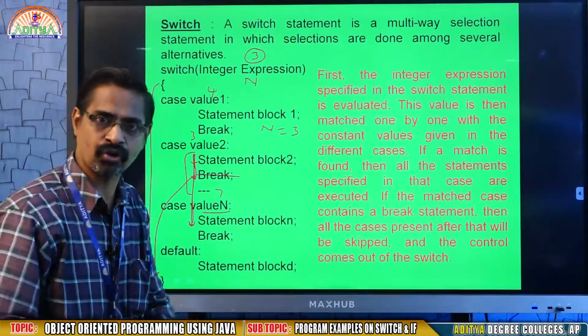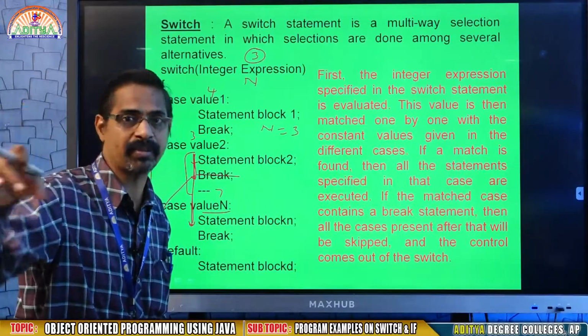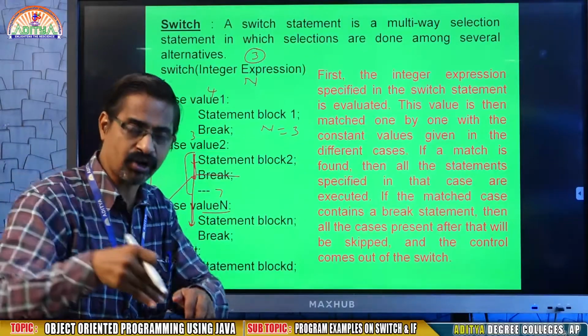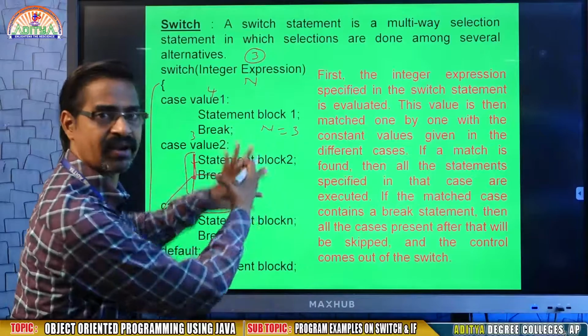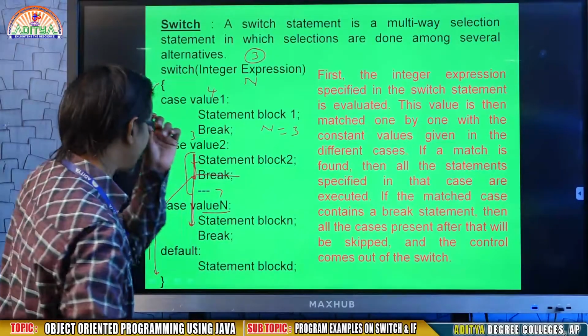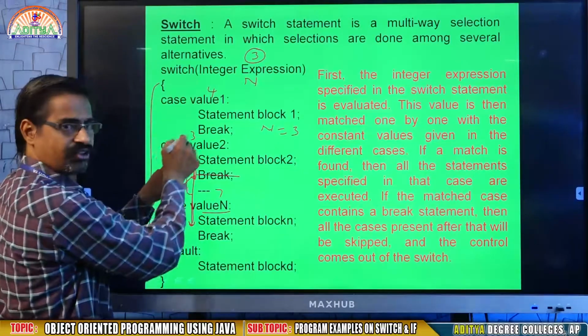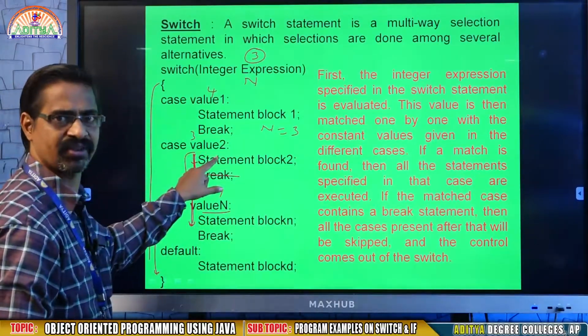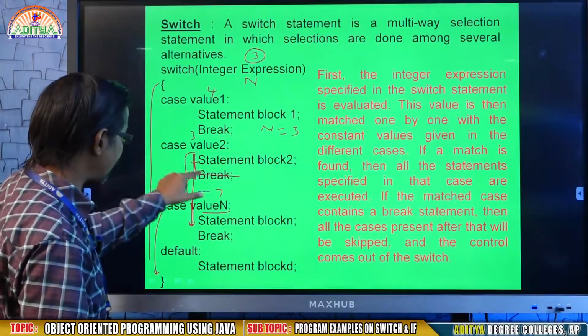You enter into the first room. Coming into the first room, there is a requirement of permission. Okay, after taking permission, you get into the first room. From the first room, going into the second room, there will be no permission; you will go directly. Like here also, if you want to get into the selected case, you require permission from switch, so that switch will allow you into the case. To go out from this case, break is required.